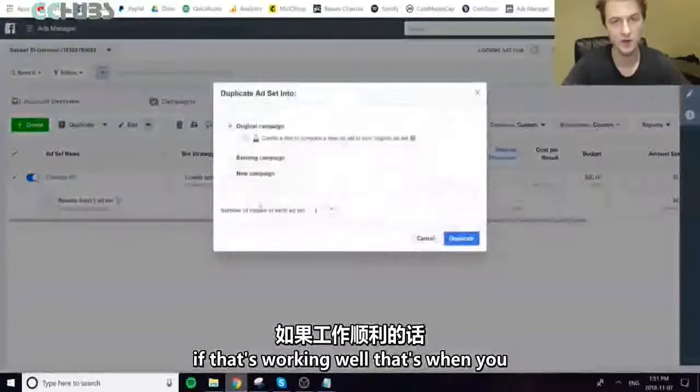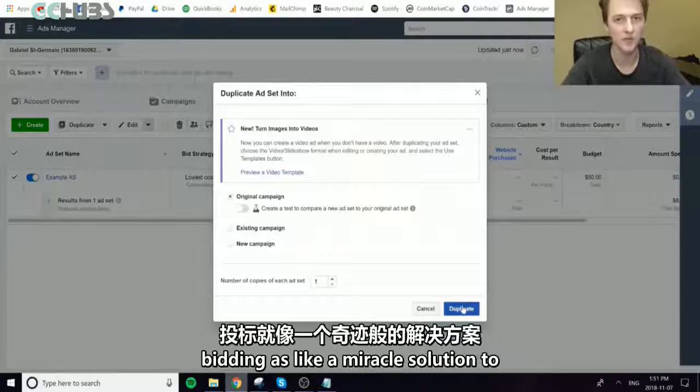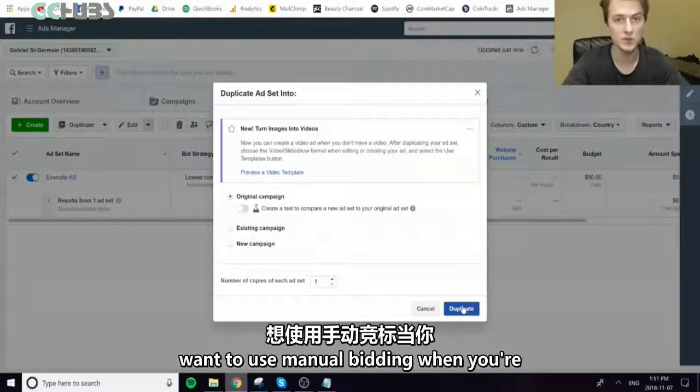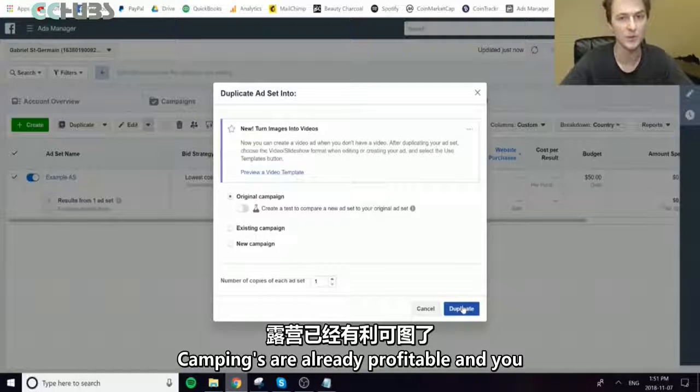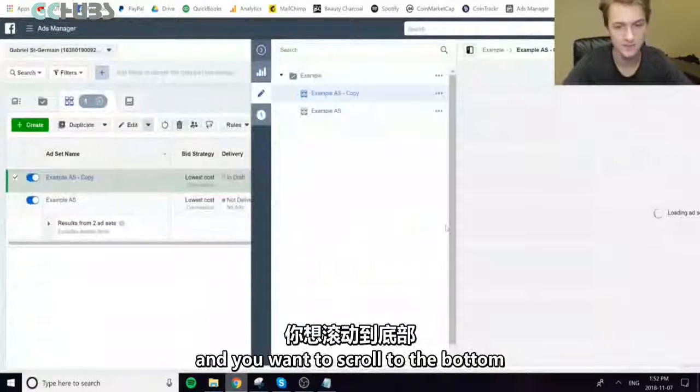And if that's working well, that's when you can even start to consider manual bidding. So don't jump right into manual bidding as a miracle solution to make your campaigns profitable. You only want to use manual bidding when your campaigns are already profitable and you want to scale to the next level. So then you'll just duplicate this ad set, and you want to scroll to the bottom where